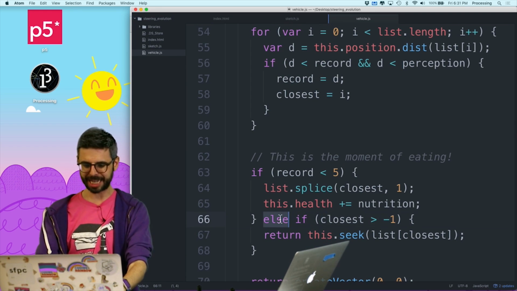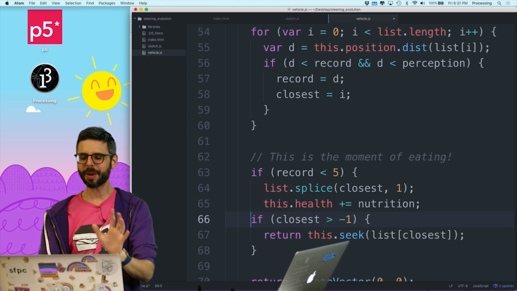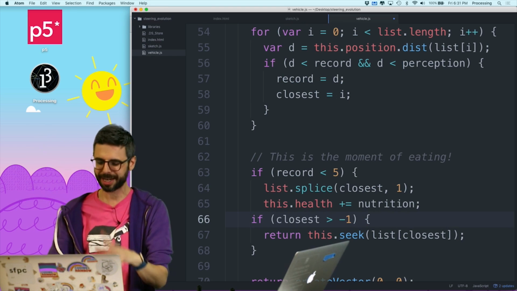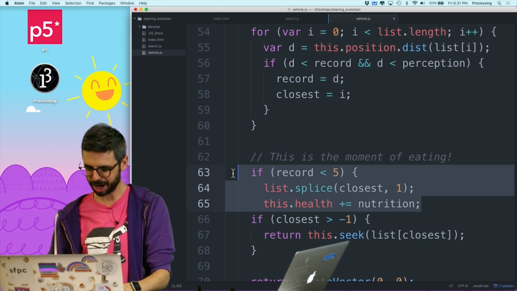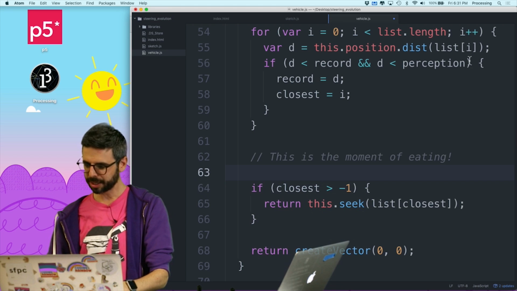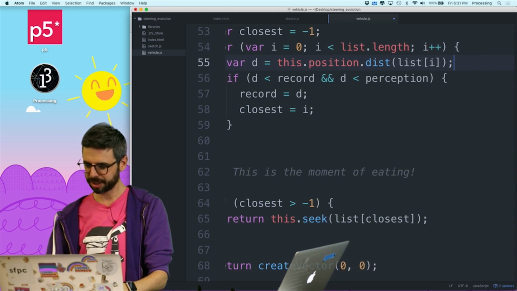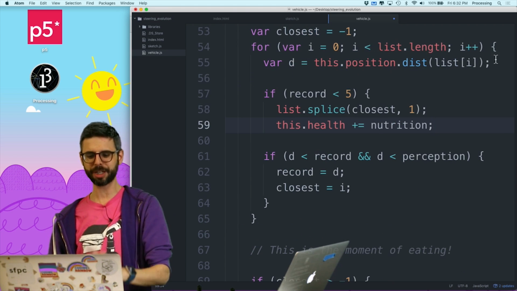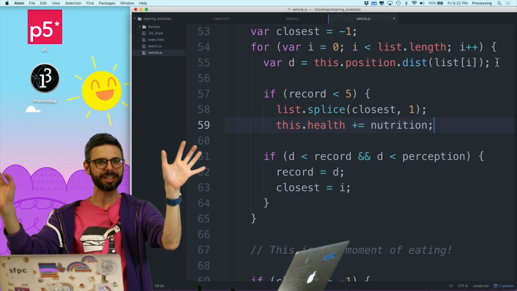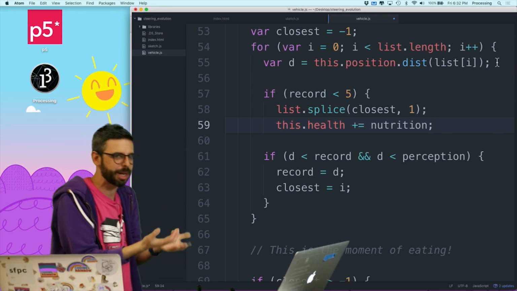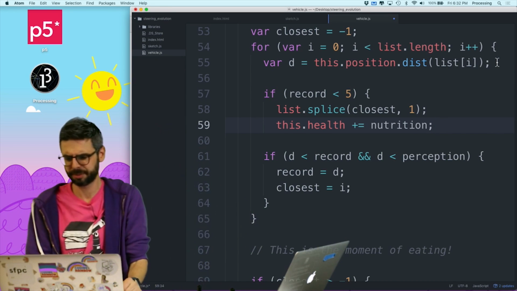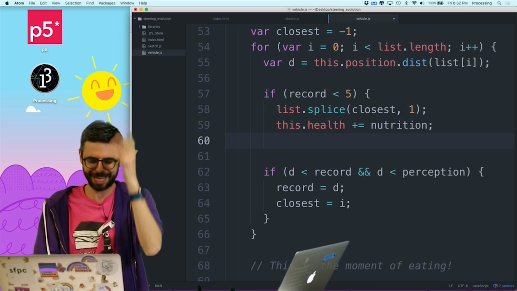So I'm going to just take this. I could also just make a minimum perception radius, but I feel like doing it this other way for some reason. I'm just going to check right here, right before I check if it's something it should be attracted to, because eating and being attracted to are different things. I cannot be attracted to it, but I can walk across it and I've eaten it, I suppose, in the way that I'm thinking about this world.